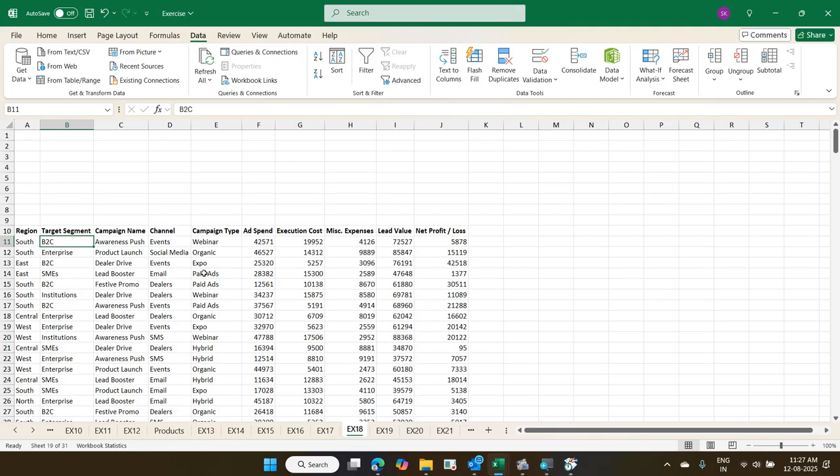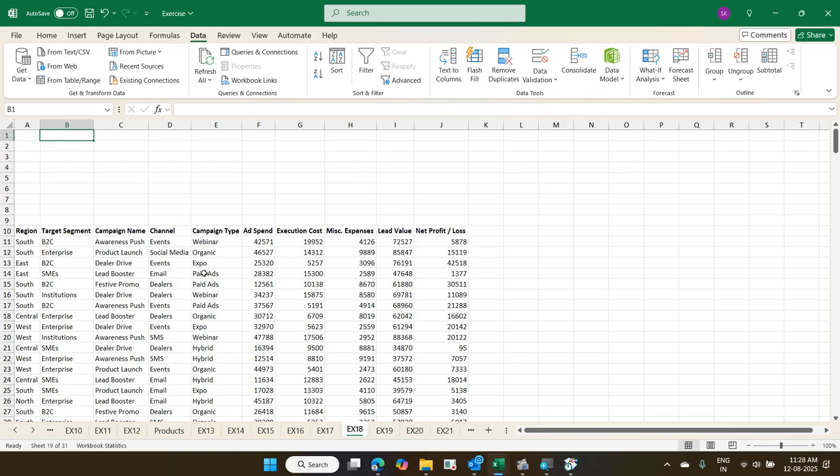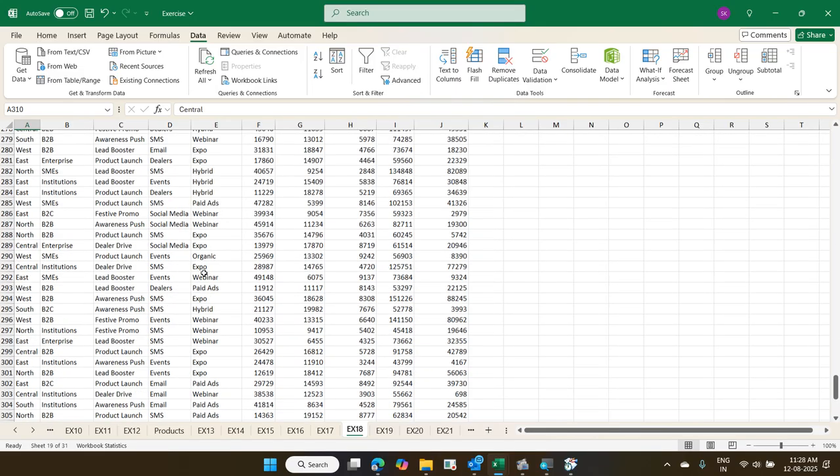The reason is this table is fine, but the problem is I don't know which region has more profit or loss, or which region has more sales, or which region has more leads. So I cannot do this with this data. So this data we have to convert into a report. To convert your data into a report, as I told, we are going to start with a very, very, very powerful tool